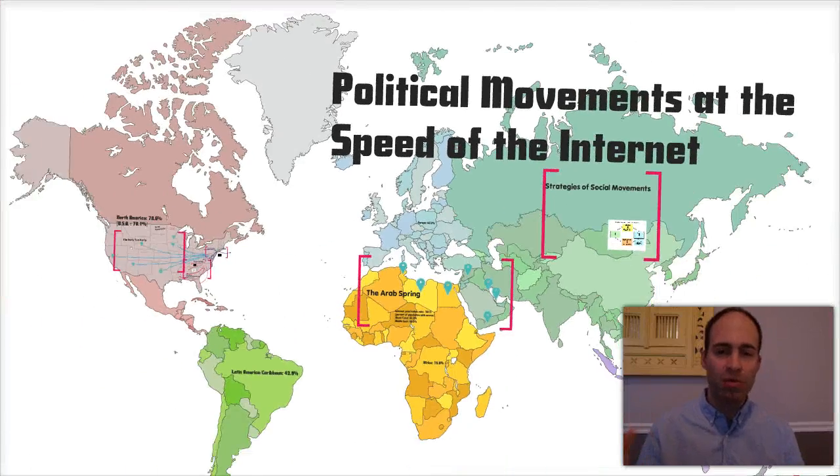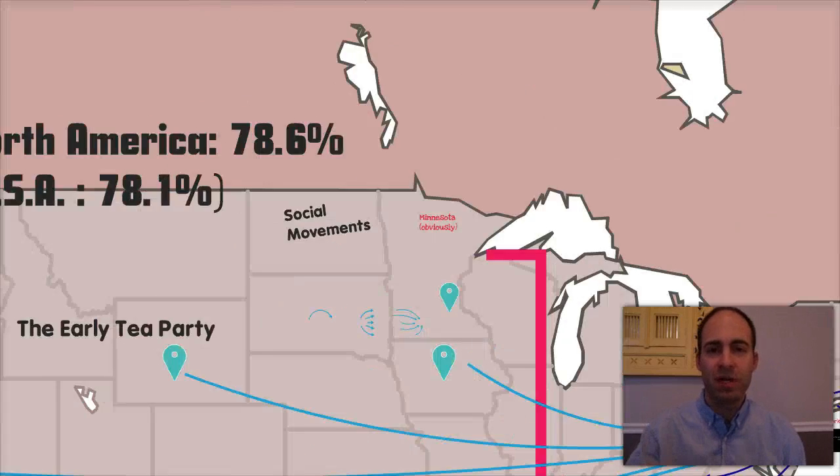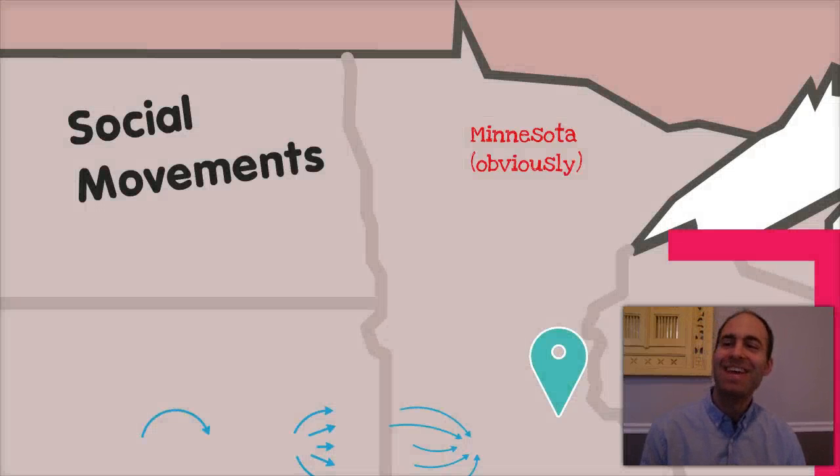So in the entire world of looking at political movements, we could obviously start anywhere on this map, so clearly we should probably start at the most important place. Right here, and we want to start with a few of the major elements of social movements, and this is true regardless of when they took place, of what type of social movement. Almost all social movements include a few key factors.